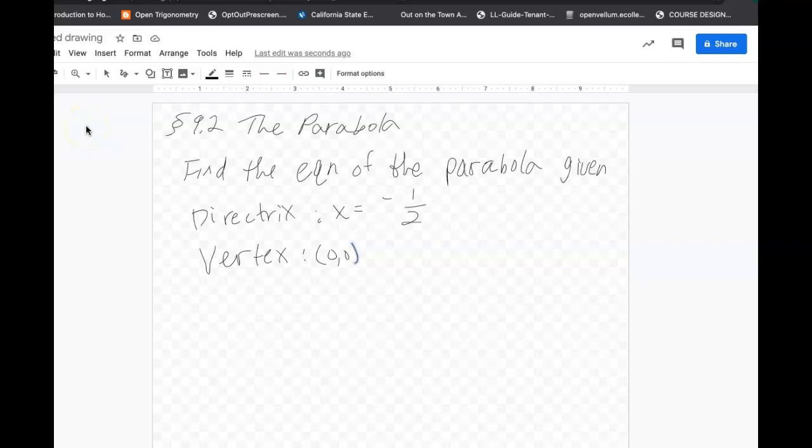Alright everybody, in this video we are finding the equation of the parabola given the directrix is x equals negative 1/2 and the vertex is (0, 0). I still would like us to practice finding the latus rectum, and really I find the best way to do this is just to graph it, starting with the information that I have and working backwards based off how the equations are defined. And so when I begin to graph this,